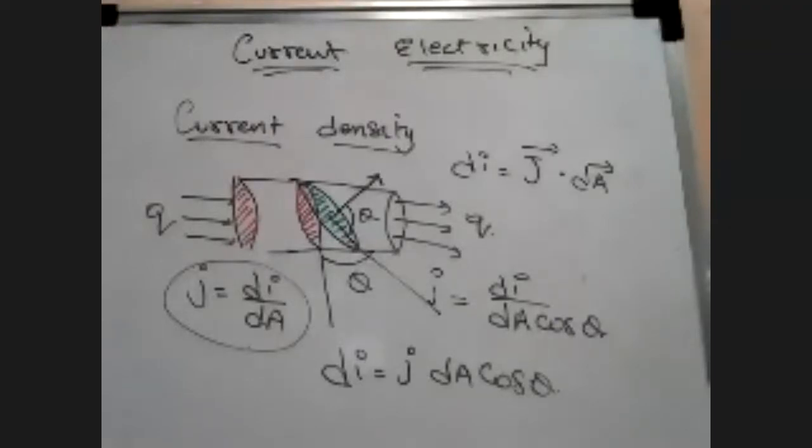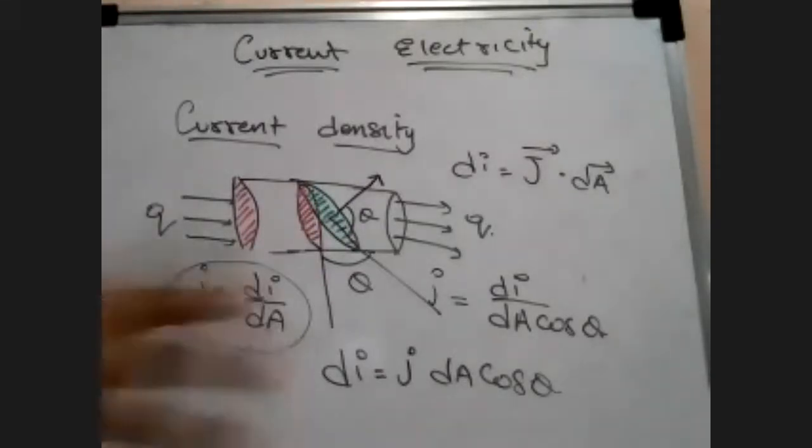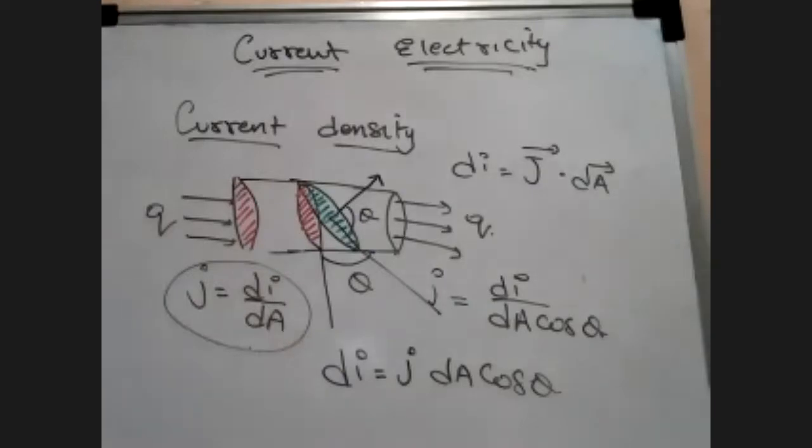While finding the current density, we should consider the angle with the cross section or the area vector? With the cross section. Good answer. With the cross section. Okay, clear? Everything clear? So I will come to some questions on that also. We will do questions on that.